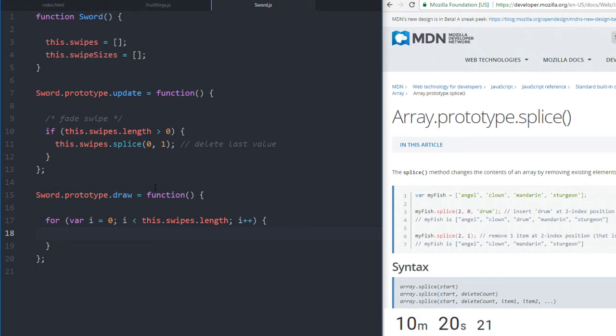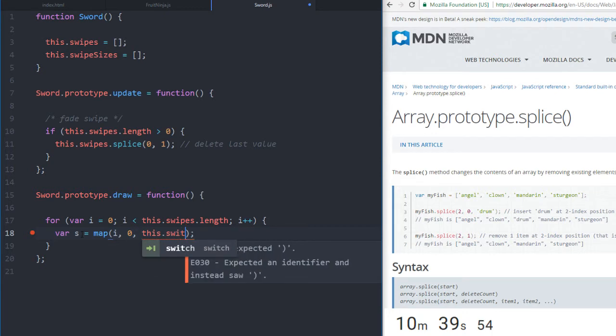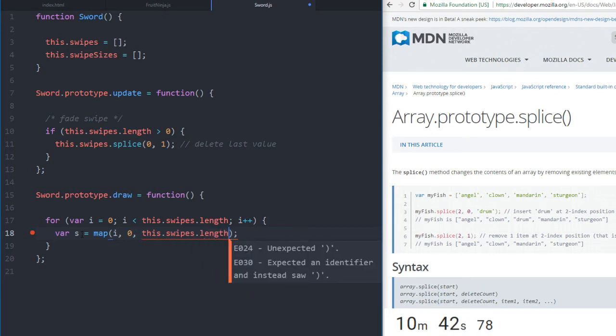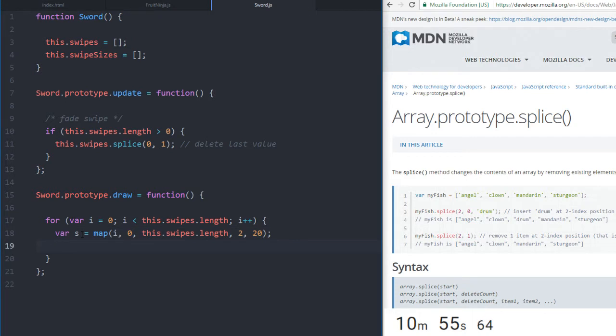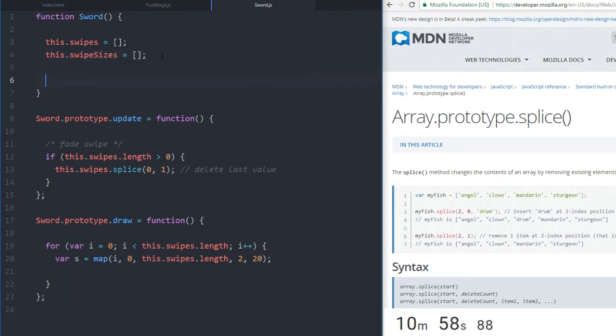So what we need to do is say what's the maximum size that should be for their swipe. We need var s equals map i from 0 to this.swipes.length, and we're going to make it from like 2 pixels to 20 pixels. That's what we'll make it. And we'll add a color too. This.c equals c. We'll make it add a color. We'll also make, if we want to,